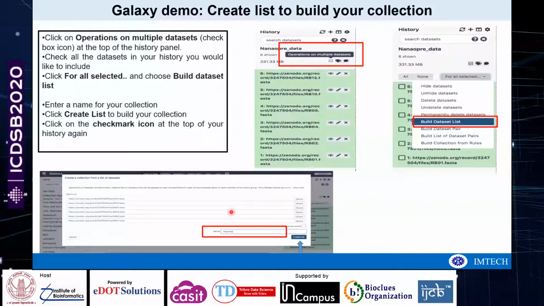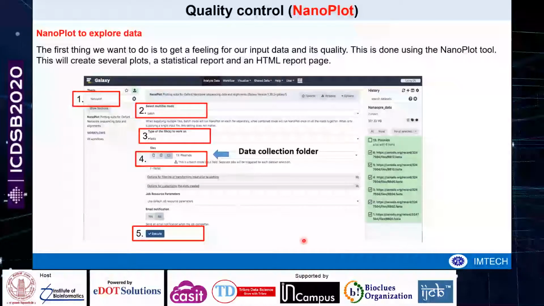Here you have to give the name plasmids. I have given this name because I have taken plasmid sequences for further analysis, and after giving this name, you click create list to have your own folder named plasmids.